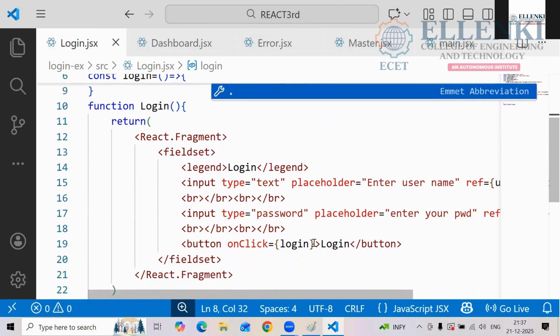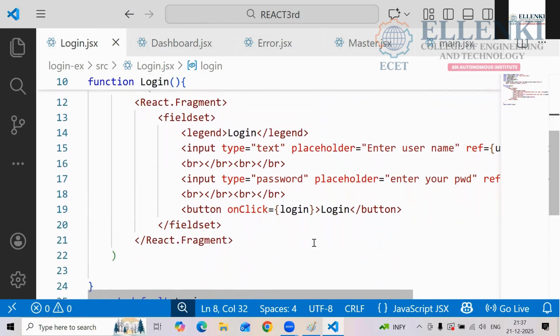Where? Legend and all are correct only. Placeholder, text, whatever they are given, that only we gave.